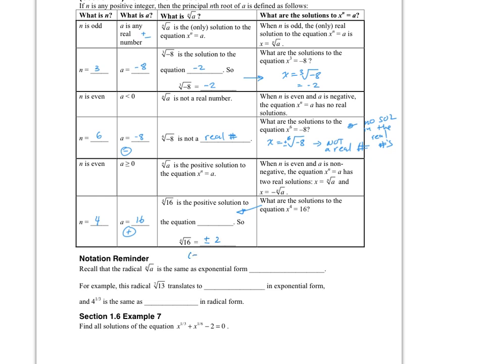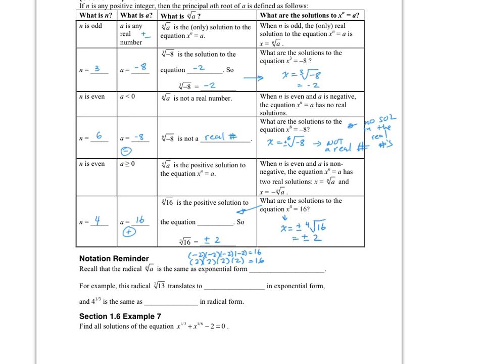Why? Because minus 2 times minus 2 times minus 2 times minus 2 is 16. And so is 2 times 2 times 2 times 2. So therefore, if this is positive, you are good. If this is negative, there is no real solution. So here, the solution to this is x equals plus or minus the 4th root of 16, which is